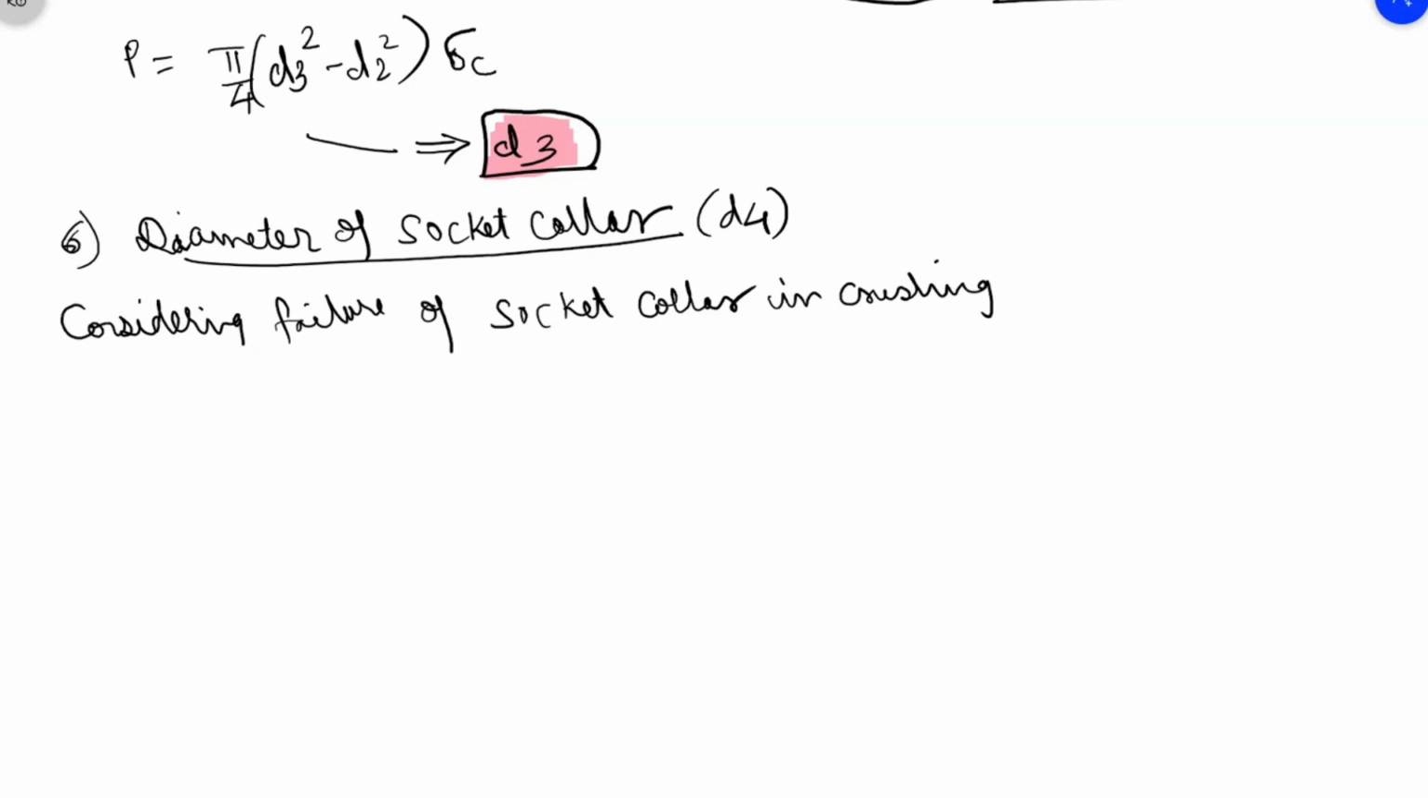Now understand how this happens. Failure of socket collar in crushing. See, this is socket. And which is socket collar? This one is the socket collar. And this is the cotter. This cotter is inserted like this. Now is the cotter touching the socket collar? You can see this gap. Okay. But if it comes like this,